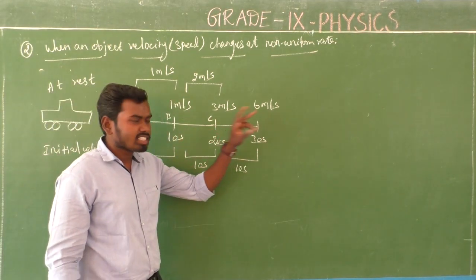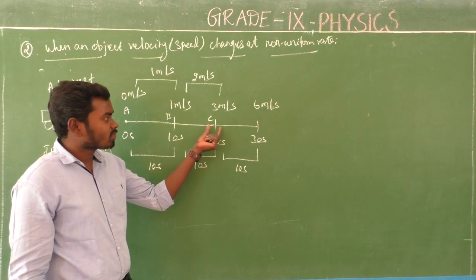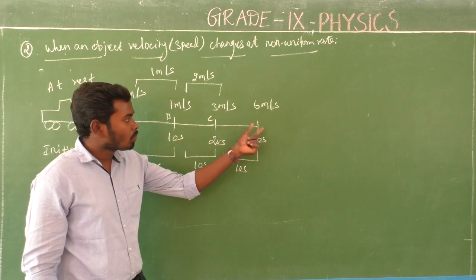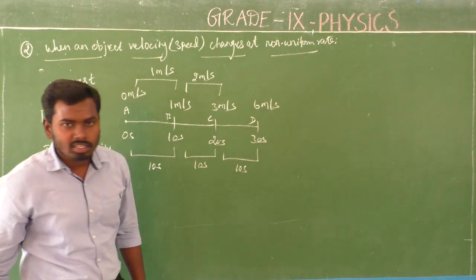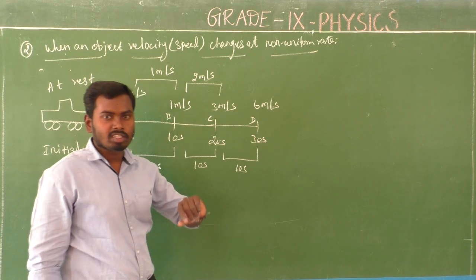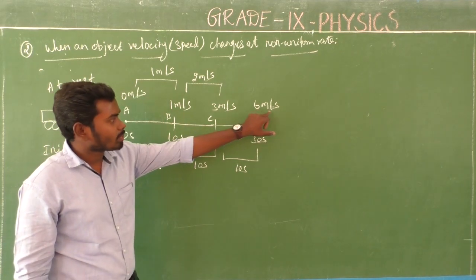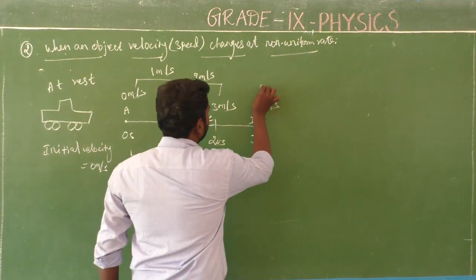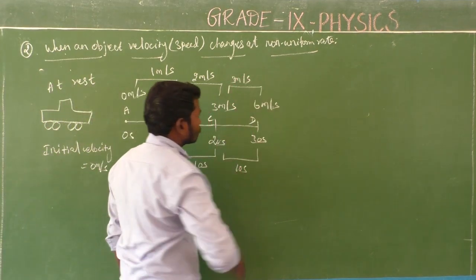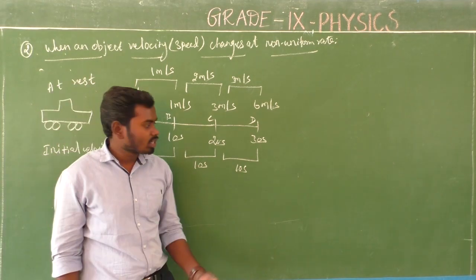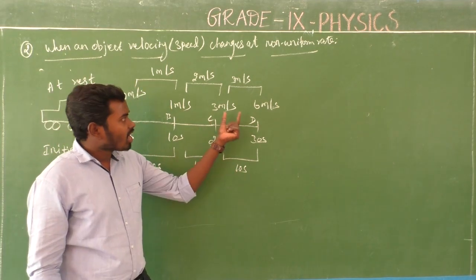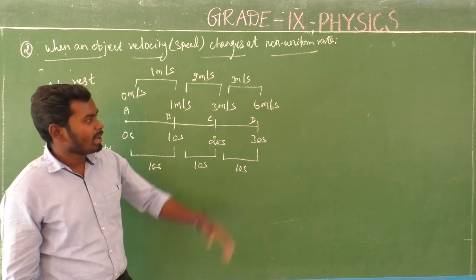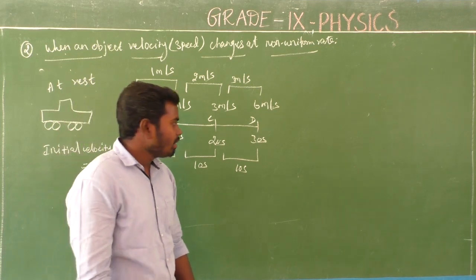Yes. Here, which is the initial velocity and which is the final velocity? Because the car's velocity changes from the point C, this is considered the initial velocity, and it goes to point D. This is point D, the final velocity. So final velocity minus initial velocity is equal to change in velocity. So 6 meters per second minus 3 meters per second is equal to 3 meters per second. So in the time interval of 10 seconds, the velocity of the object changes at the rate of 3 meters per second. How much? 3 meters per second.